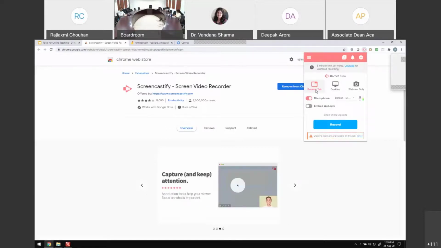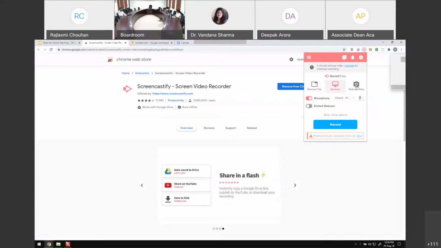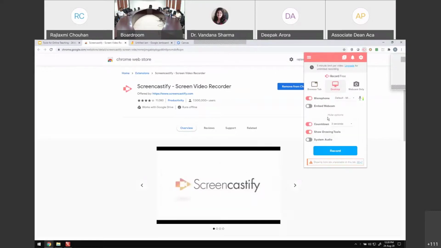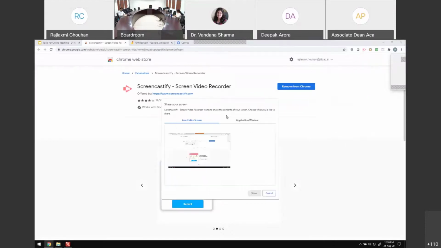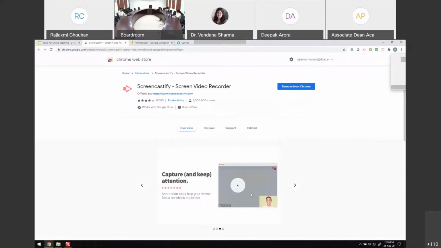Browser tab, so you want to record just one particular tab. You want to record the entire desktop, or you want to record webcam only. You go to show more options. You can get drawing tools, and this also is very useful in the sense that, say I start recording, right, and I select a particular screen that I want to record on.